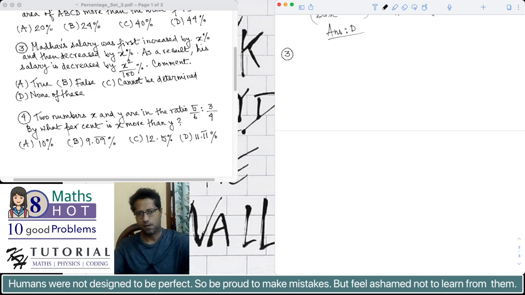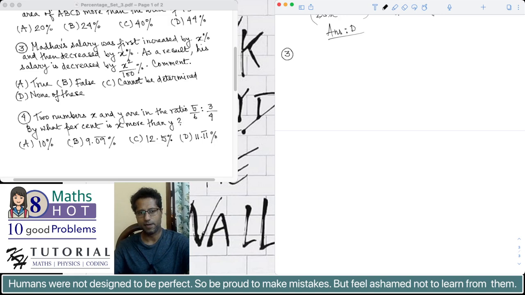We don't know, and it can be any, it can take any value. So Madhav's salary was first increased by X percent and then decreased by X percent. As a result his salary is decreased by X square by 100%. Now as a result means,